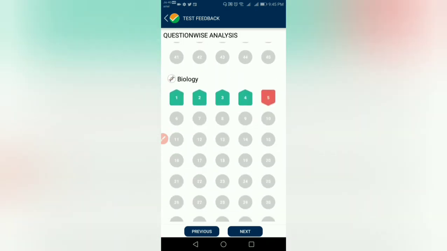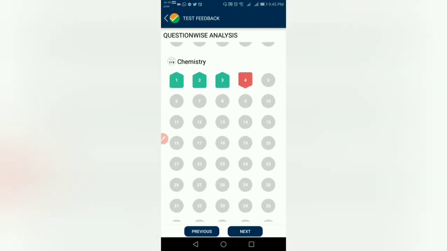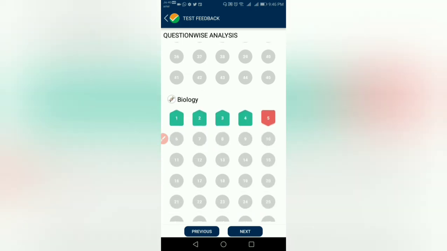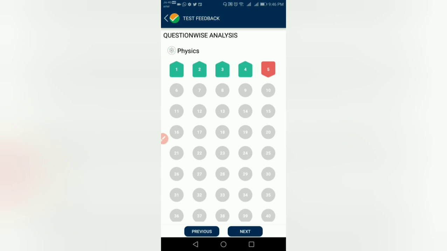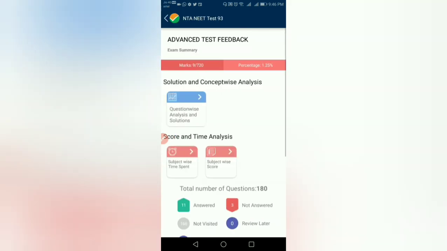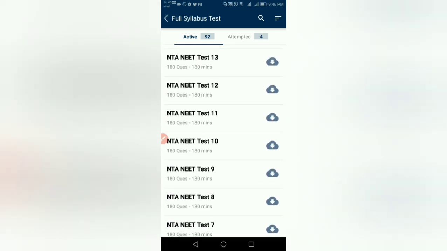So my suggestion is, remember, at least daily you can attempt one test in a day. You can learn so many things, right? It is not necessary to go for any other mock test. Remember, this is the best test, especially for the initial stages, whatever question papers they have prepared. Initial stages means, I will show you: in the first 10 or 15 question papers, there were not that good-level questions, right?